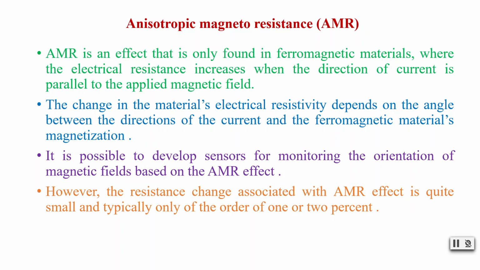As anisotropic magnetoresistance is very small, it is not much explored. That's why we go for GMR and TMR, where GMR is giant magnetoresistance and TMR is tunnel magnetoresistance. In further lectures, I will discuss GMR and TMR in detail, covering how the effects originate, on what principle they are developed, and their differences.